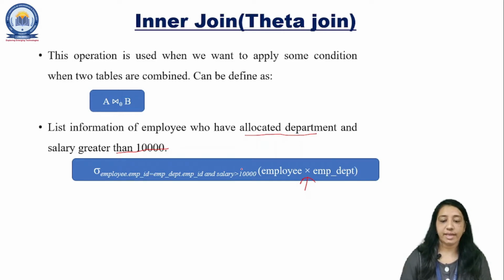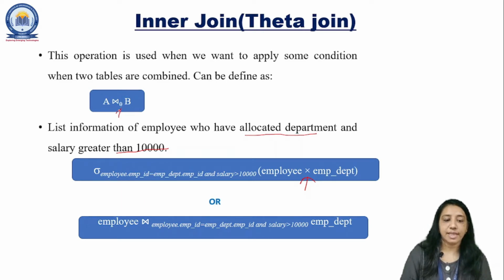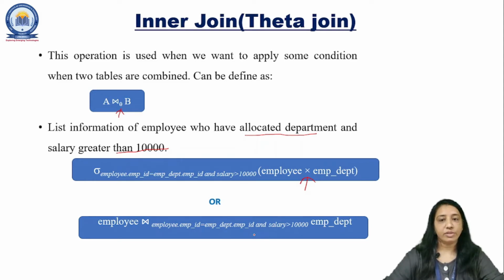So this we can write using what? The Cartesian product. Now if you want to write it with the theta join, whatever the condition is there in the select will just be replaced here. That means in syntax, theta will be here as a subscript of the symbol of join, and you can write the condition. The output is going to be the same as we have seen in the Cartesian product. So this is about the theta join.